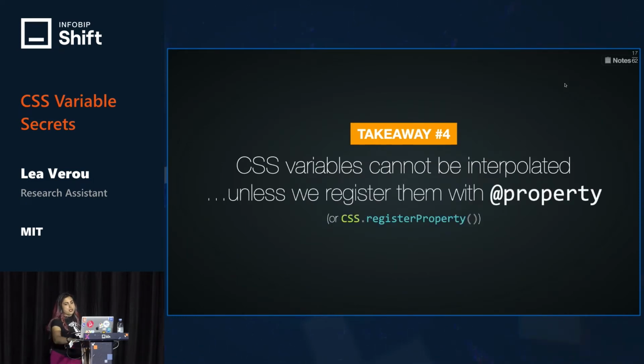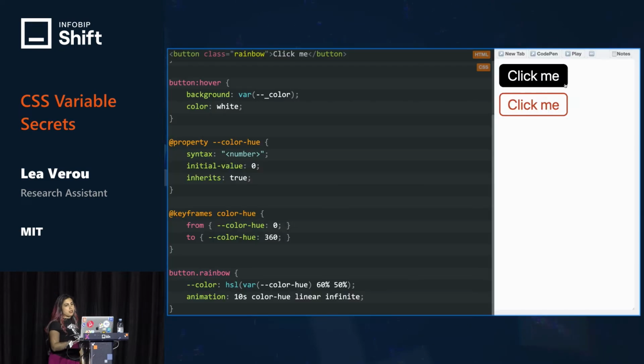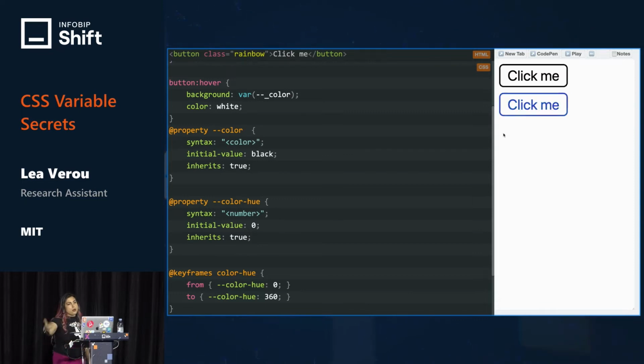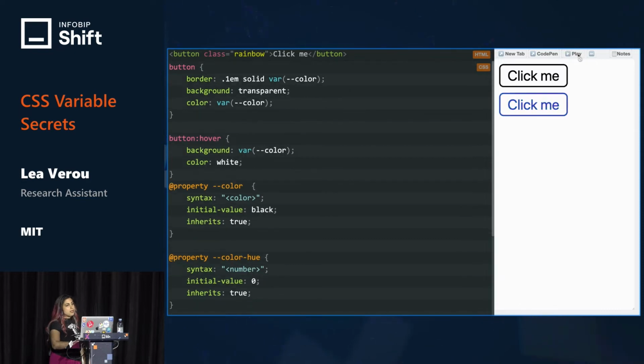There's also a JavaScript API in case you need to register a ton of them. And we can also define our actual color variable as a color value. We can give it a type. There's a bunch of different types that we can use. And then we don't actually need the pseudo-private variable anymore. We can just use